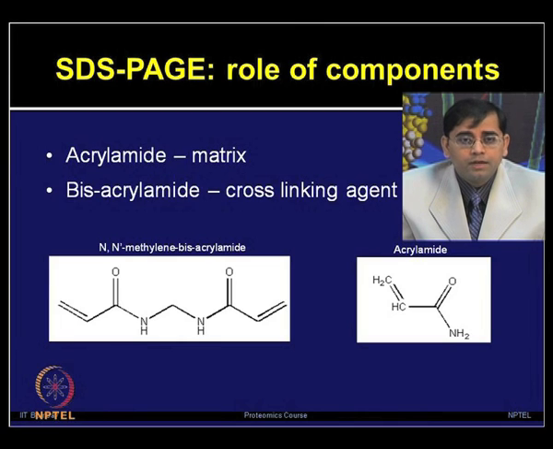Acrylamide provides the matrix or gelling for making the gels. Now, bisacrylamide is a cross linking agent. By adding both acrylamide and bisacrylamide in a fixed ratio, one can make this gel by adding the gelling agent and the cross linking agent, but that itself is not sufficient to polymerize the gel. You need to add a few more reagents,